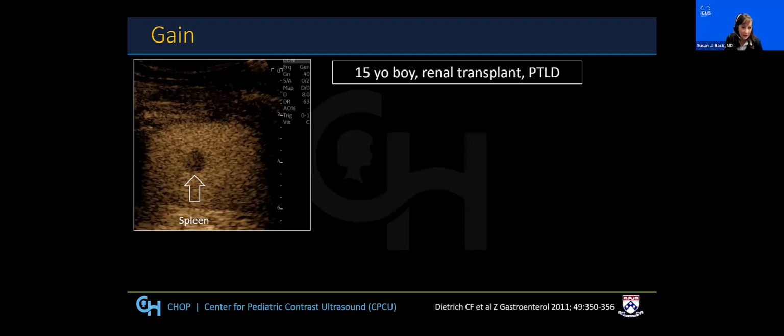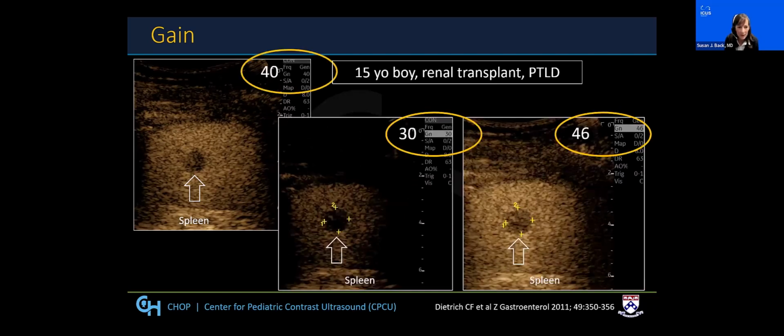Once you set the gain on your pre-contrast imaging, you do want to leave that gain setting throughout the contrast administration. And you don't want to adjust it. And the reason being is in this example, so this was a 15-year-old boy who had a splenic lesion. He did have a prior renal transplant and had known post-transplant lymphoproliferative disease. So we were focused on the splenic lesion, and we did image the entire exam at a gain of 40. But you can see as we adjust the gain, if you were to turn it down or turn it up,